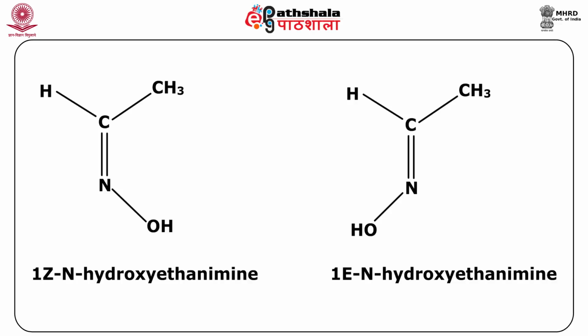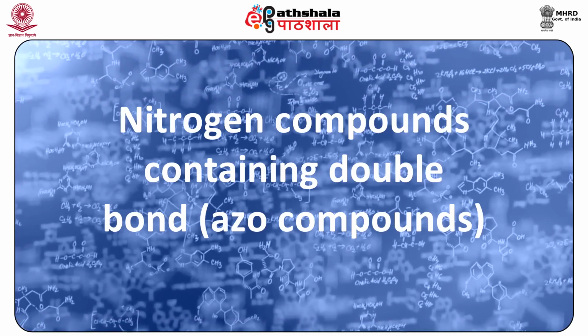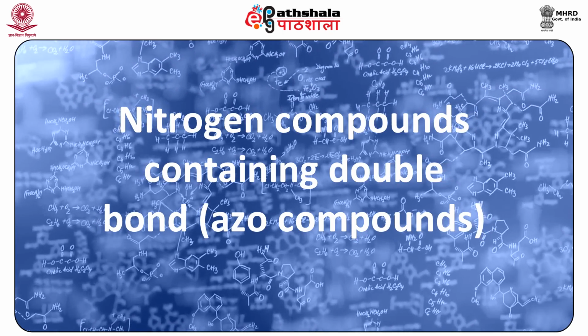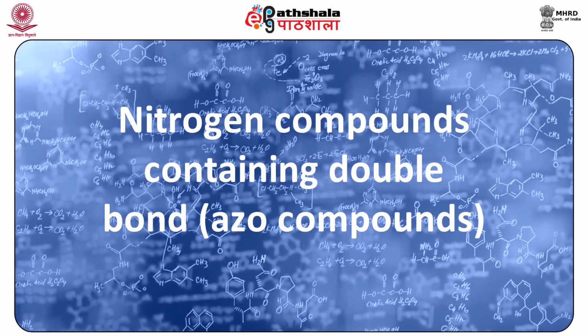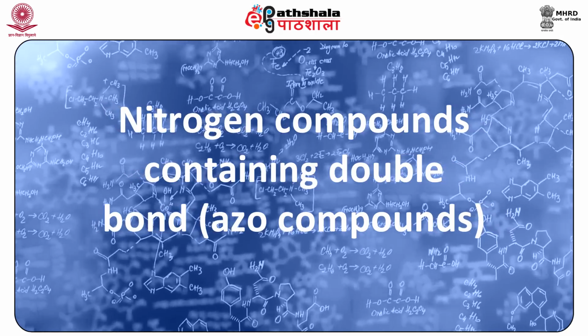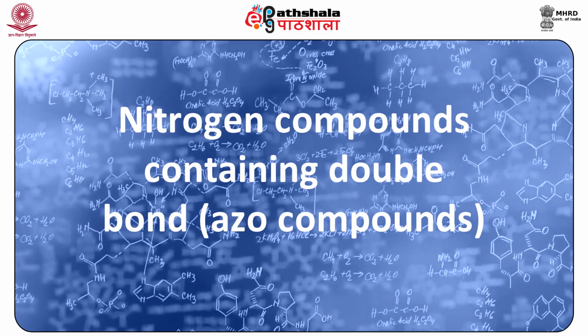So, if the higher priority group on the carbon is on the same side of the OH joined to nitrogen, then it will be Z, and if they are on the opposite side, then it will be E. After understanding this, let us understand those cases where nitrogen compounds have double bonds between two nitrogens, that is the